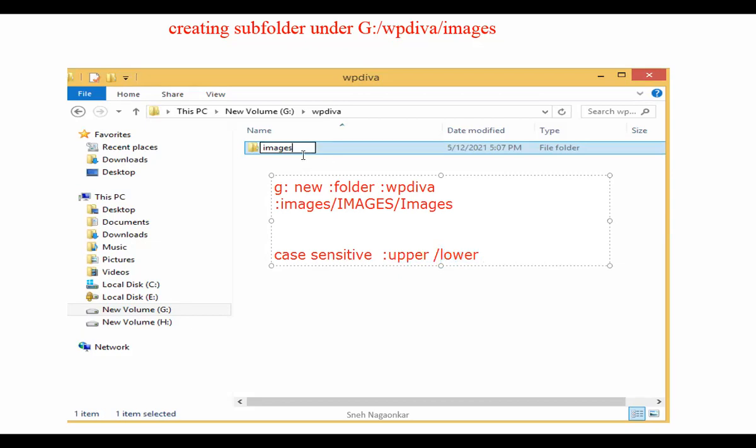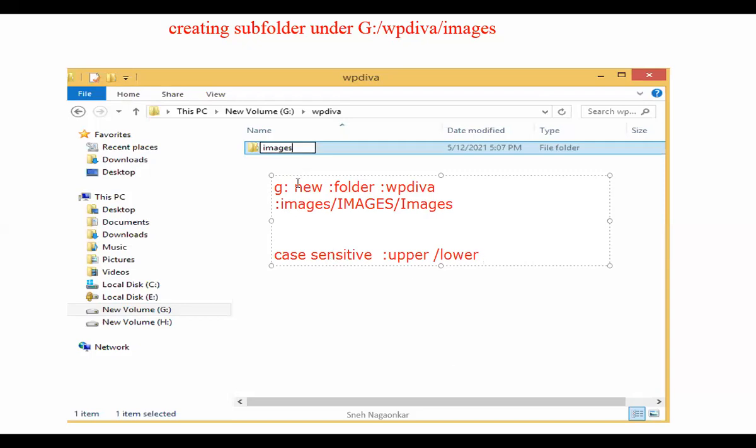Today what we saw is creation of folder name, and it is very important. Yes, Ashwini, any queries? Whenever you take uppercase letters, create it in uppercase. If you want it in lowercase, create it in lowercase. So please remember that.